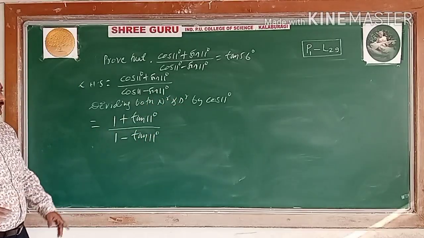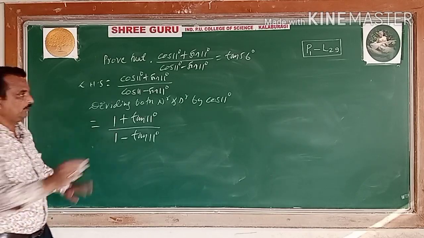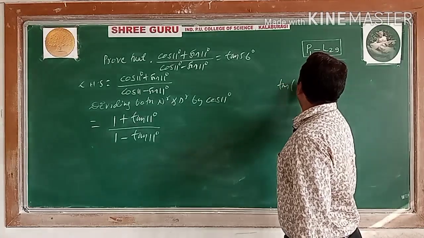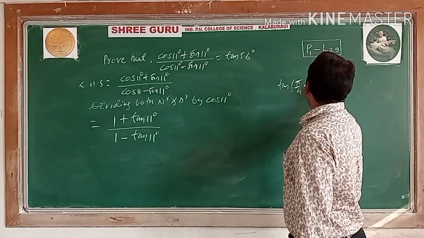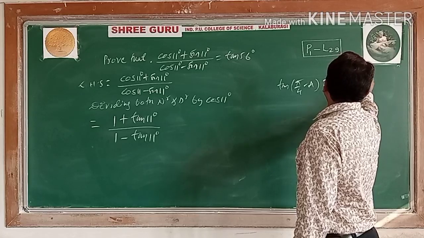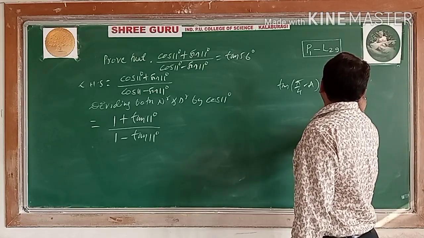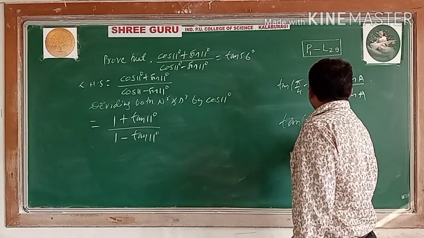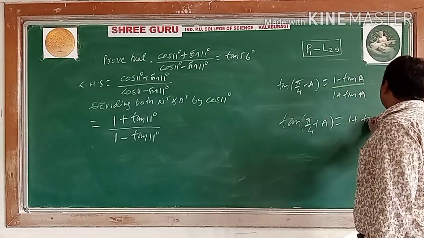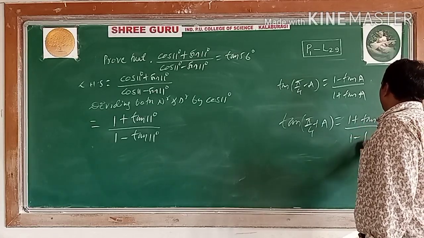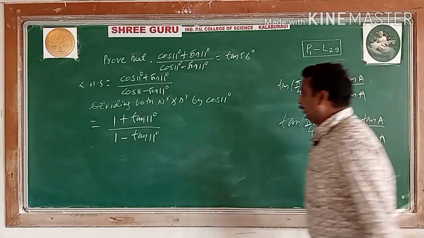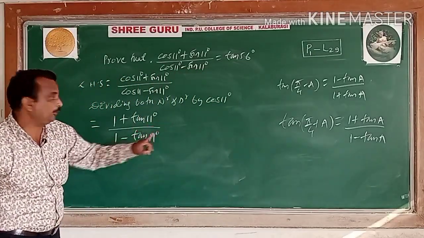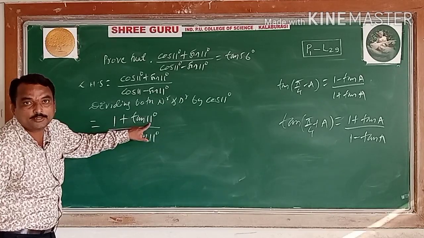See, that is in the form of the previous example. What did you get in the previous example? You have the proofs there. Tan (pi by 4 minus a) is equal to 1 minus tan a divided by 1 plus tan a. This one I have proved. Tan (pi by 4 plus a) is equal to 1 plus tan a divided by 1 minus tan a. Which one should you take here? 1 plus tan a divided by 1 minus tan a, which becomes 45 plus a. What is a here? 11 degree, whatever it may be.